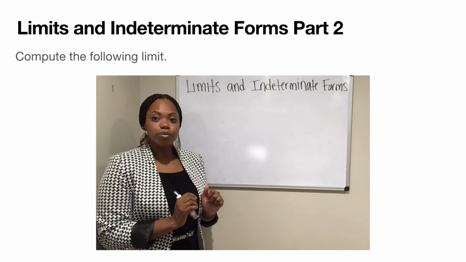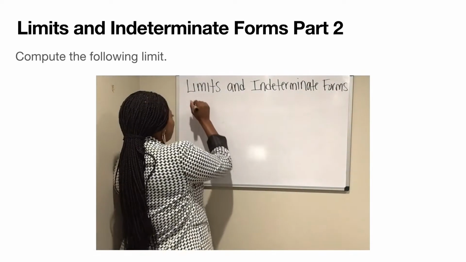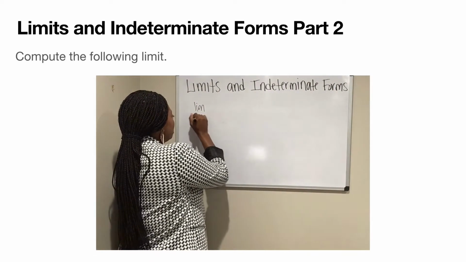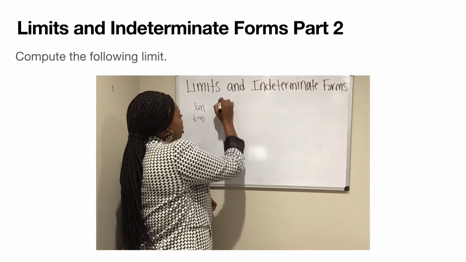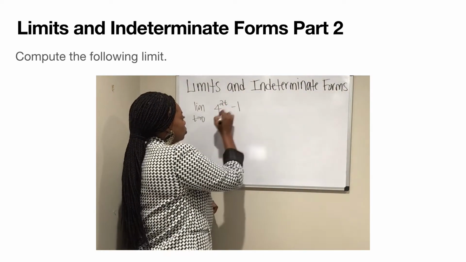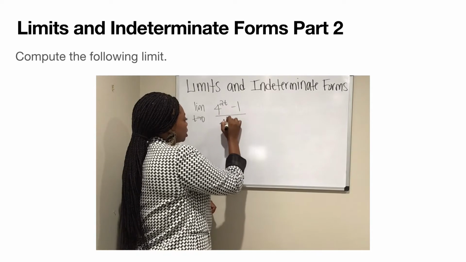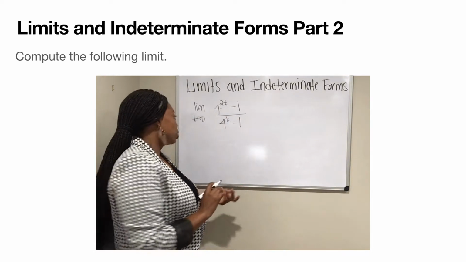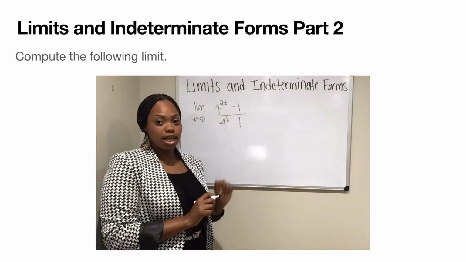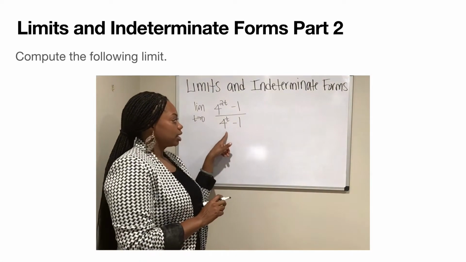In this video, we will compute the following limit. The limit as t approaches 0 of the function (4^(2t) - 1) / (4^t - 1). Immediately, when we attempt to evaluate our function at t equal to 0, we get our denominator, 4